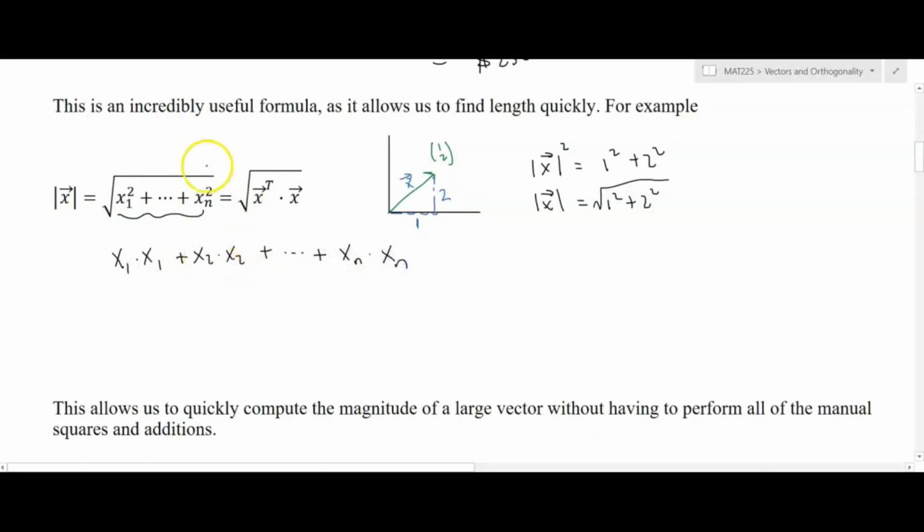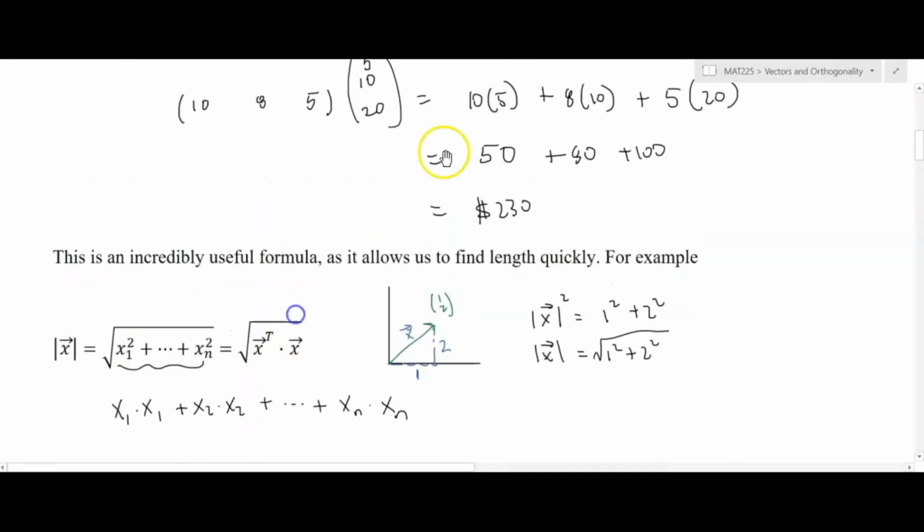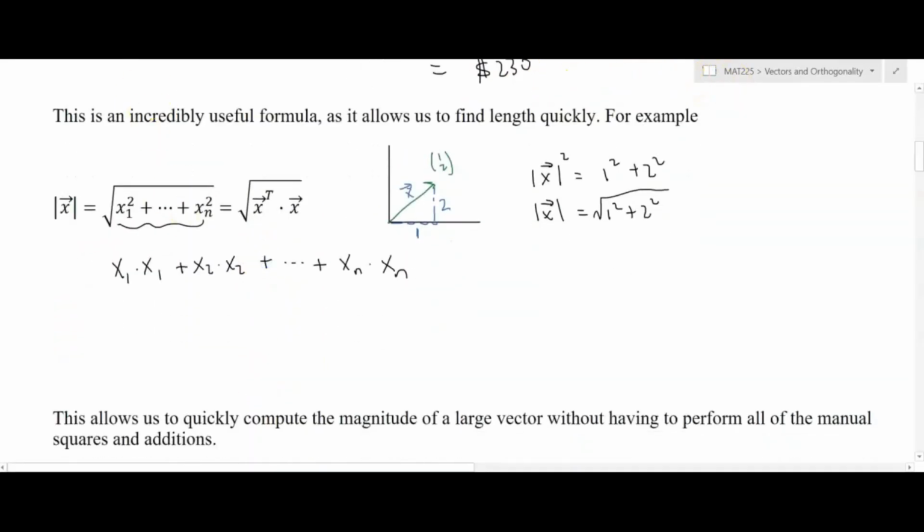Now that's just a dot product that's already in expanded form, just like here, this is already a dot product in expanded form. So if I put this back together as a dot product, I'll have x1, x2, all the way up to xn in my first vector, and x1, x2, all the way to xn in my second vector. And we see that this is really just vector x